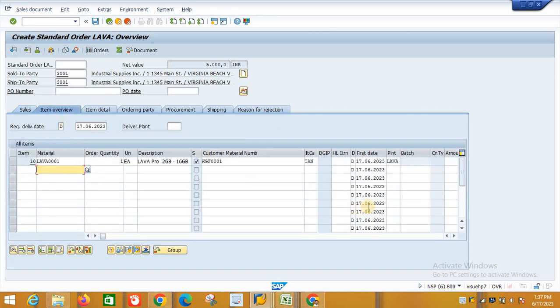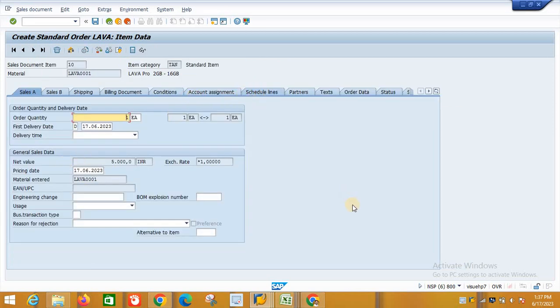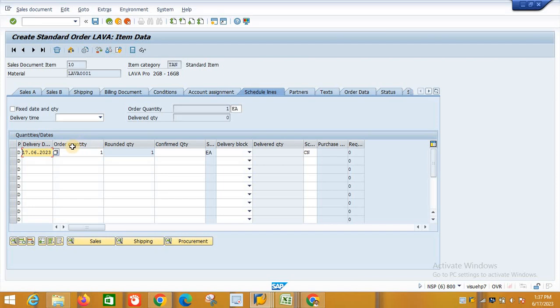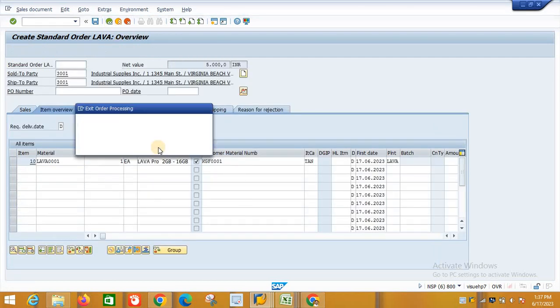Now what is the schedule line data? Schedule line data means delivery quantity, confirmed delivery date and confirmed quantity. So I double click on the item. Here we have the schedule line. Here we have the order quantity, confirmed quantity, and the delivery date. So this information is nothing but the schedule line data. Got it? Now we are learning about the